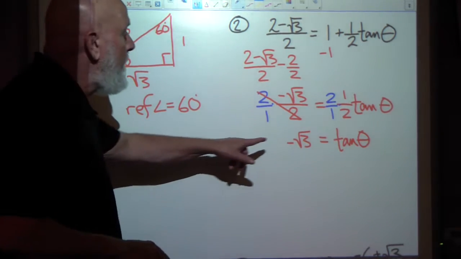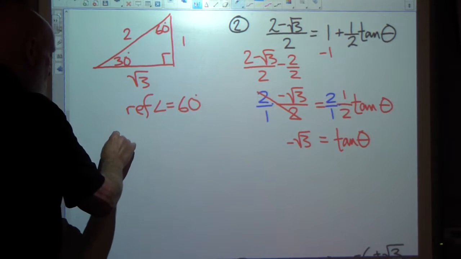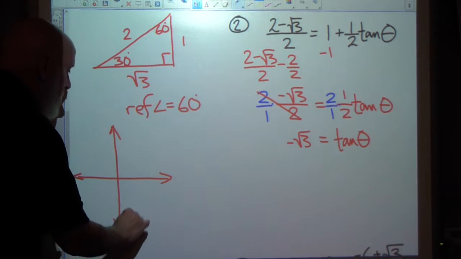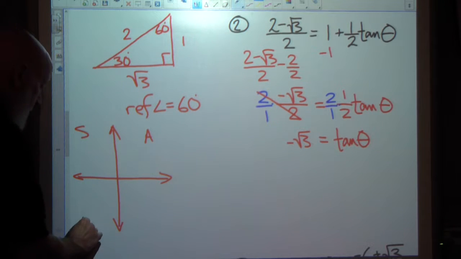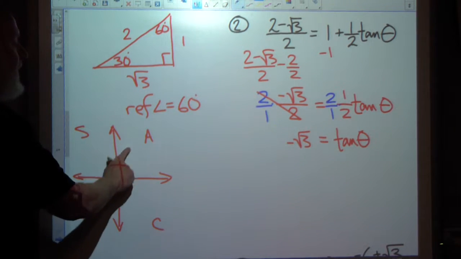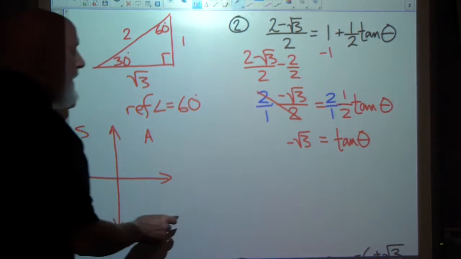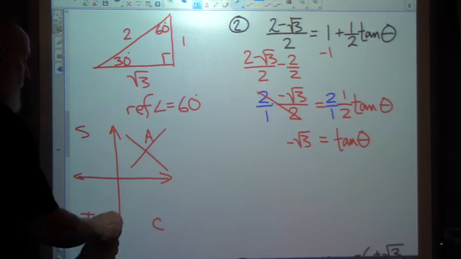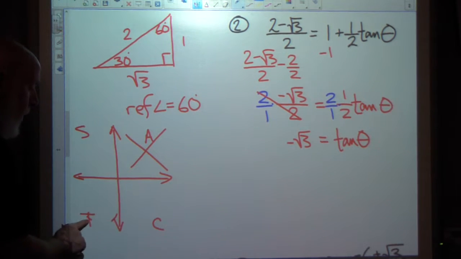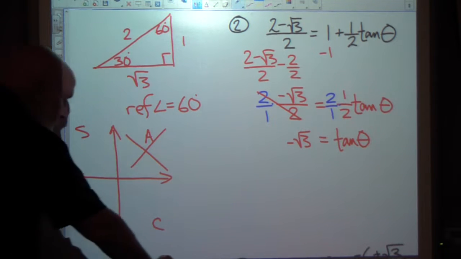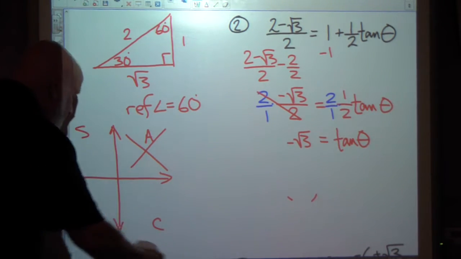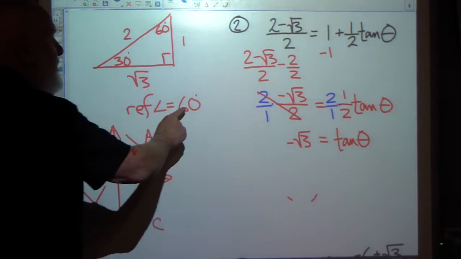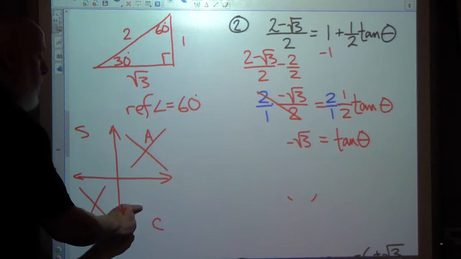And now I just got to determine where is the tangent negative. So I'm looking at this right here. All students take calculus, so to speak. Everything is positive here. I'm looking for where tangent is negative. Tangent cannot be negative in quadrant 1 because all trig functions are positive in quadrant 1. Tangent cannot be negative in quadrant 3 because tangent is positive in quadrant 3. So it can't be quadrant 3. Therefore, my reference angle of 60 degrees is going to be drawn in quadrant 2 and quadrant 4, and will